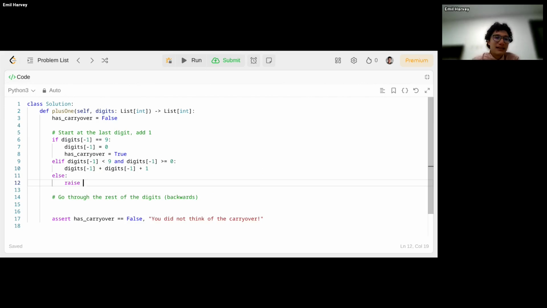And in Python, I'm going to use a thing called f-strings, but basically what I want to say is that the digit is unexpected. An f-string basically just lets you interpolate, or put in the thing. I'm using an f-string just so that I can know what the digit is. But really any sort of error message would be good because it's just telling you, hey, you messed up, maybe your assumption was wrong.